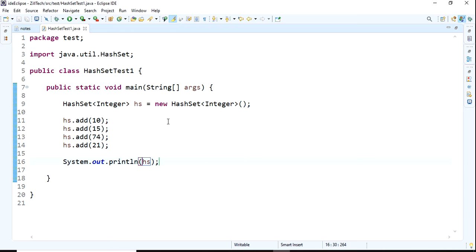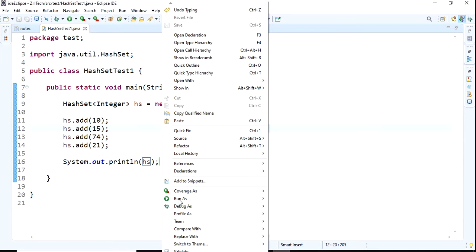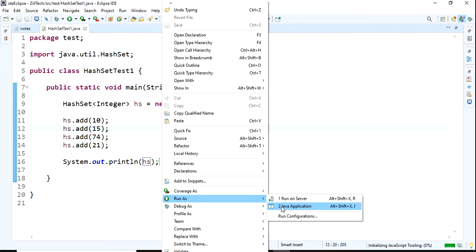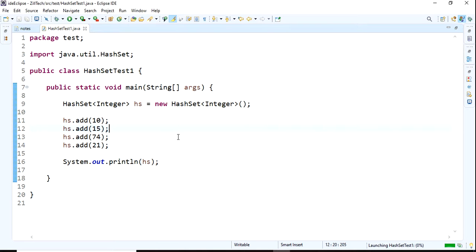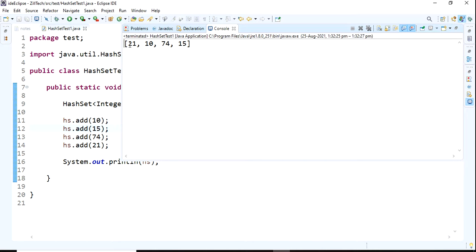Run, right click here, Run as Java application. See, 21, 10, 74 and 15.